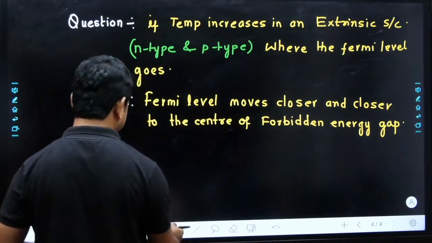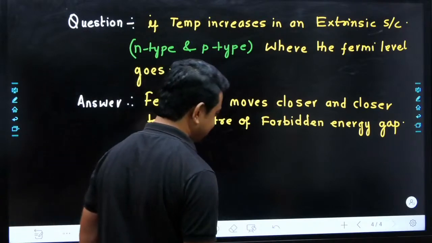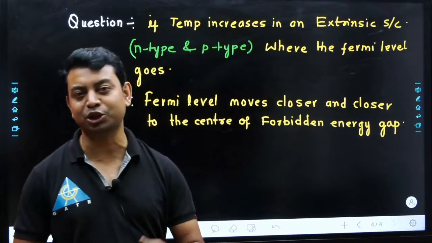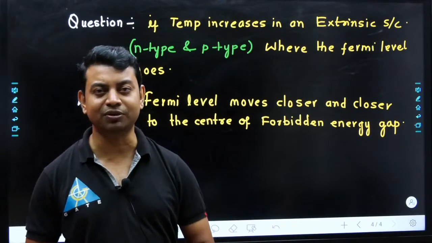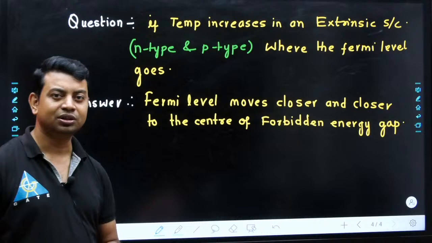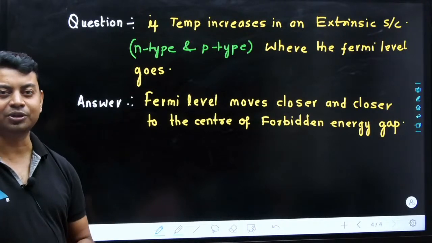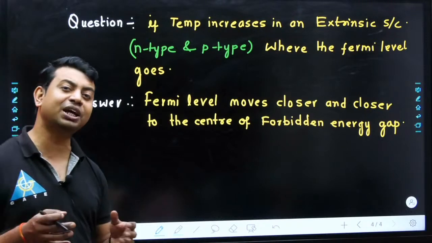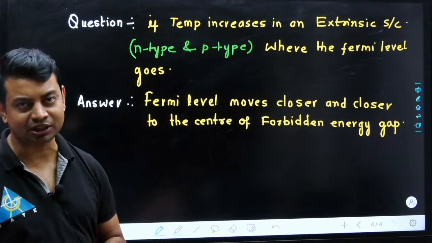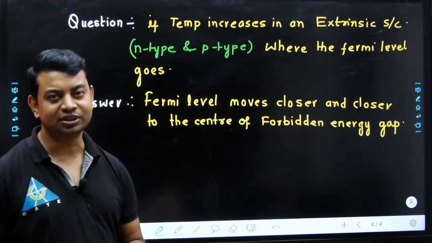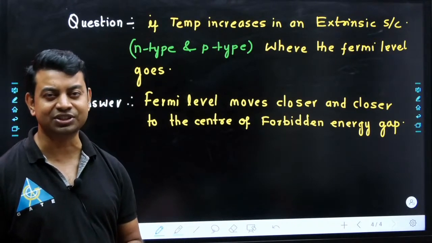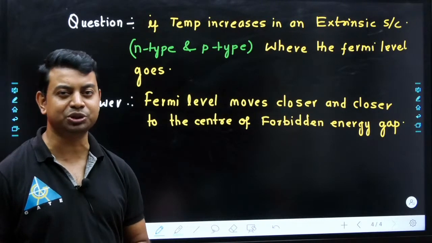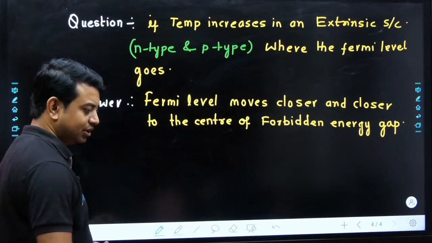So based on the dopant atoms also we can write the answer. As we increase the dopant atoms in case of an n-type semiconductor, that is donor atoms, the Fermi energy level will move towards or inside the conduction band. Or as we increase the acceptor atoms in case of a p-type semiconductor, the Fermi energy level goes inside the valence band. So it depends upon how much doping we have done. So if I write in this answer,